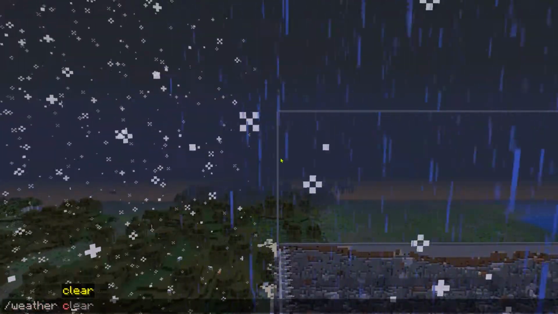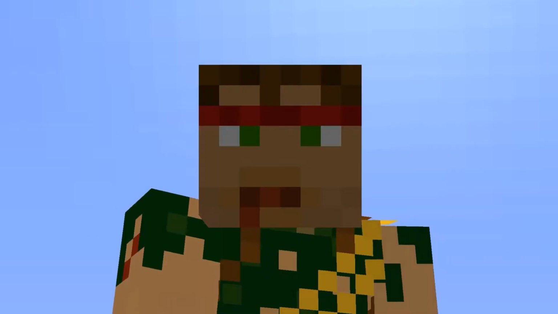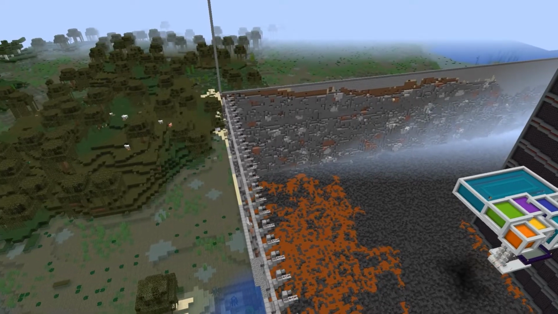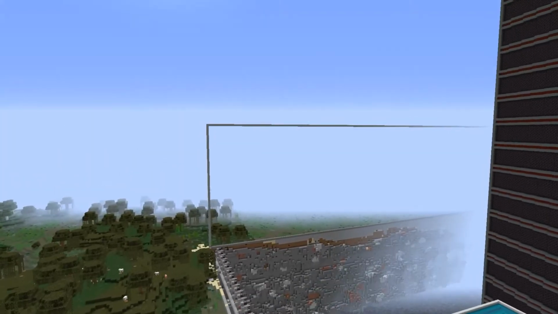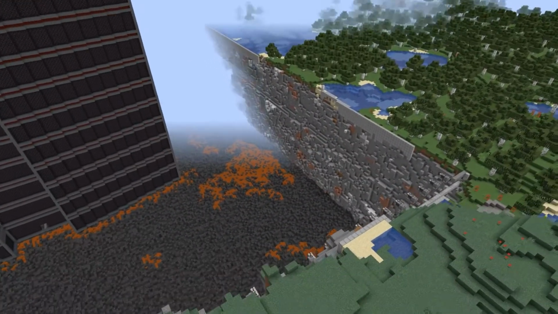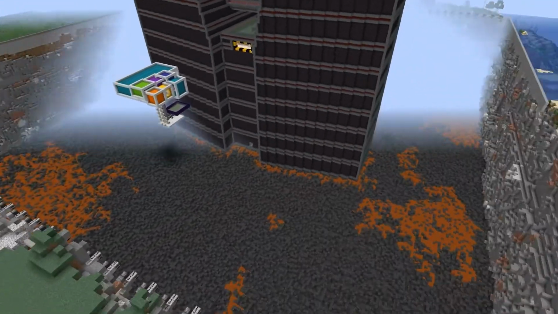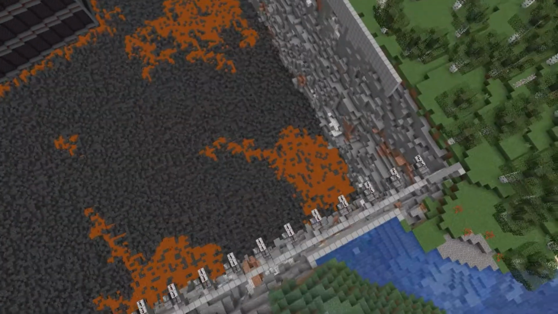Let me change the weather. Yes. Beautiful. And the time. Yes. Beautiful. But yes, we had to build plenty of flying TNT duplicators to clear out a giant mountain that was here, and then the ground beneath it all the way down to lava, where...